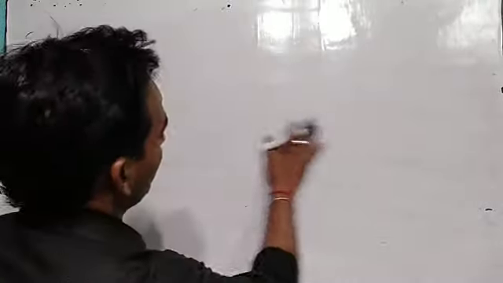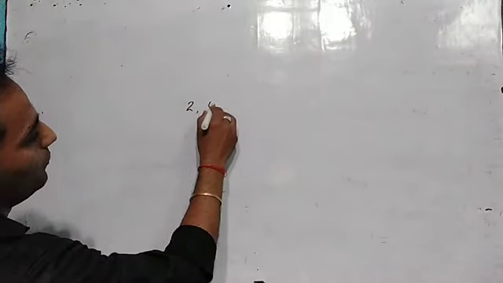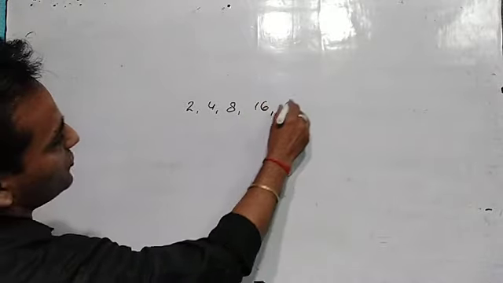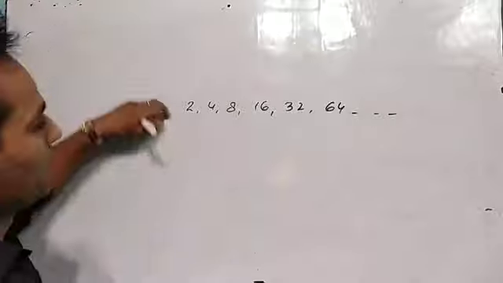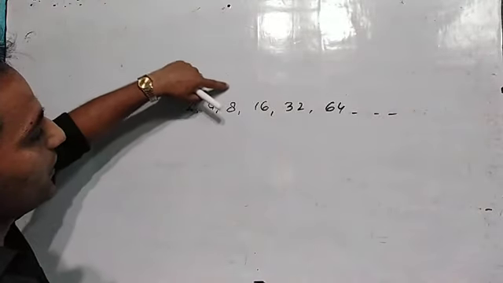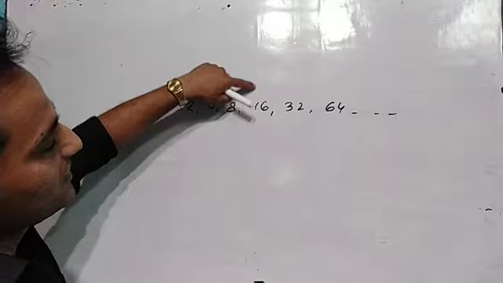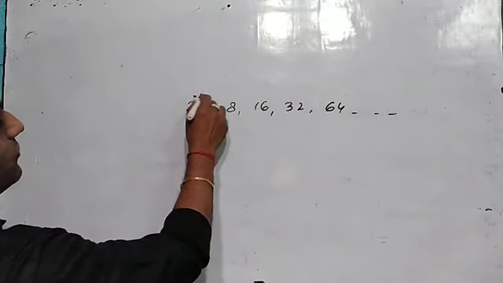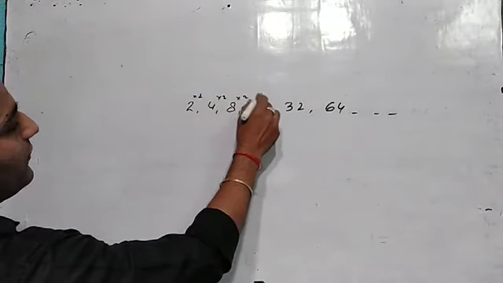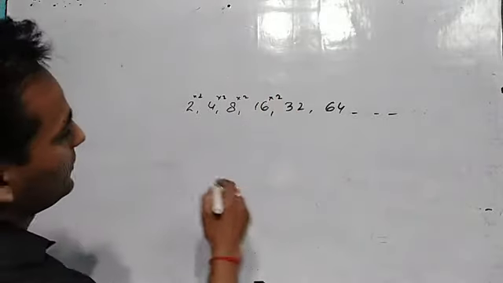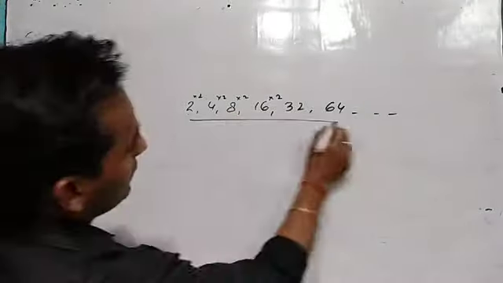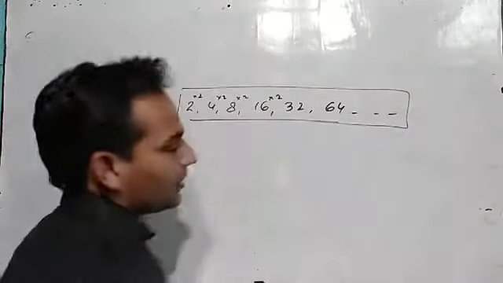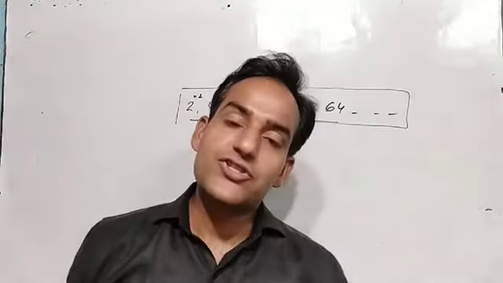Let us listen what it is. Okay, if we have a series like 2, 4, 8, 16, 32, 64, etc. Listen carefully. 2 2s are 4, 4 2s are 8, 8 2s are 16, 16 2s are 32, in such a way. So the multiplication of 2 is everywhere in each term. Listen, 2 is multiplied by 2, we have got 4. 4 is multiplied by 2, we have got 8. So a series like this is called a geometric progression, that is GP series.